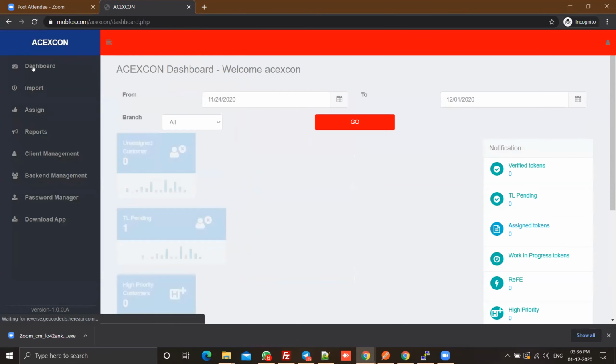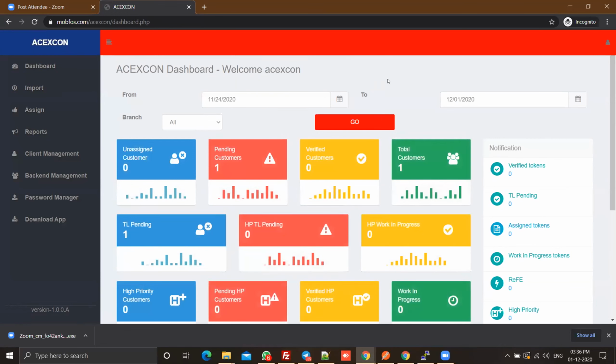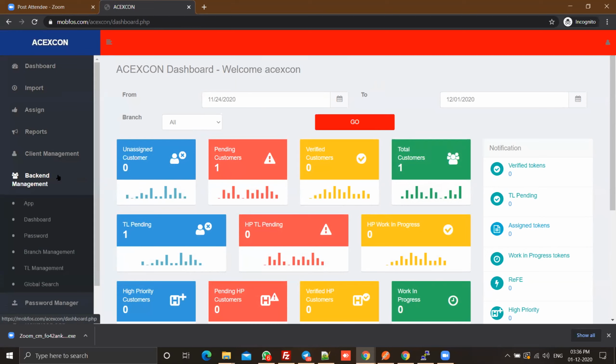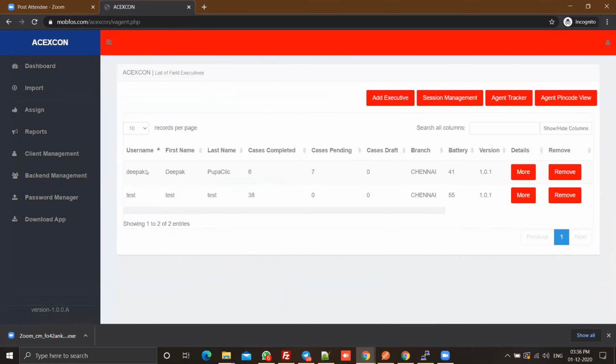First I'll start with the agent creation. Once you log in, you'll have to create executives and users. In backend management, when you go to app, you'll see the list of executives that are already available on the platform.